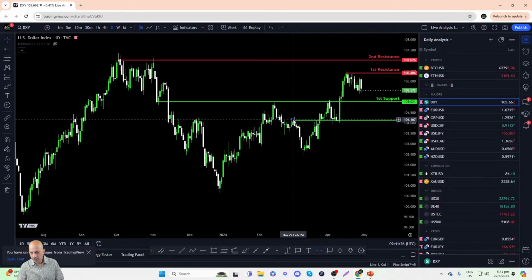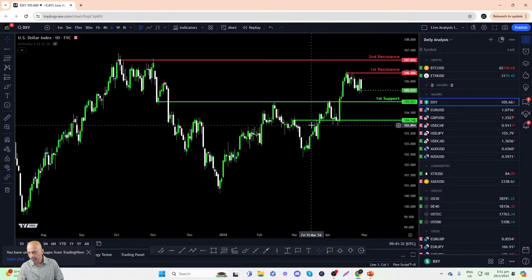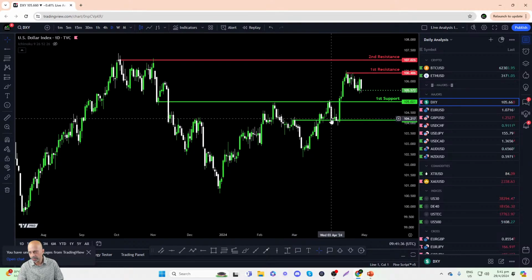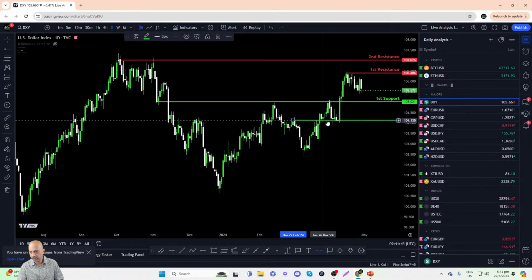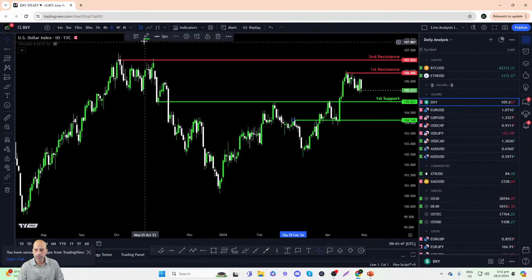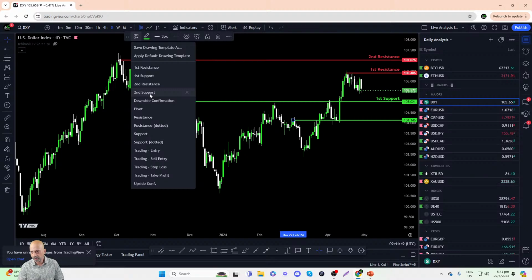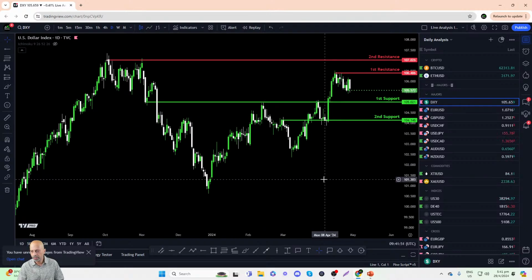Previously, you can see the dollar index running into a little bit of resistance here on 29th of February. And then of course, as it broke higher, it found support on 26th and 27th of March, and then again on 4th April till the 9th of April as well, finding decent pullback support here before bouncing higher. So quite clearly, this is a pretty significant overlap level, which we are going to use to identify as the second support. Right, what about Fibonacci retracements?